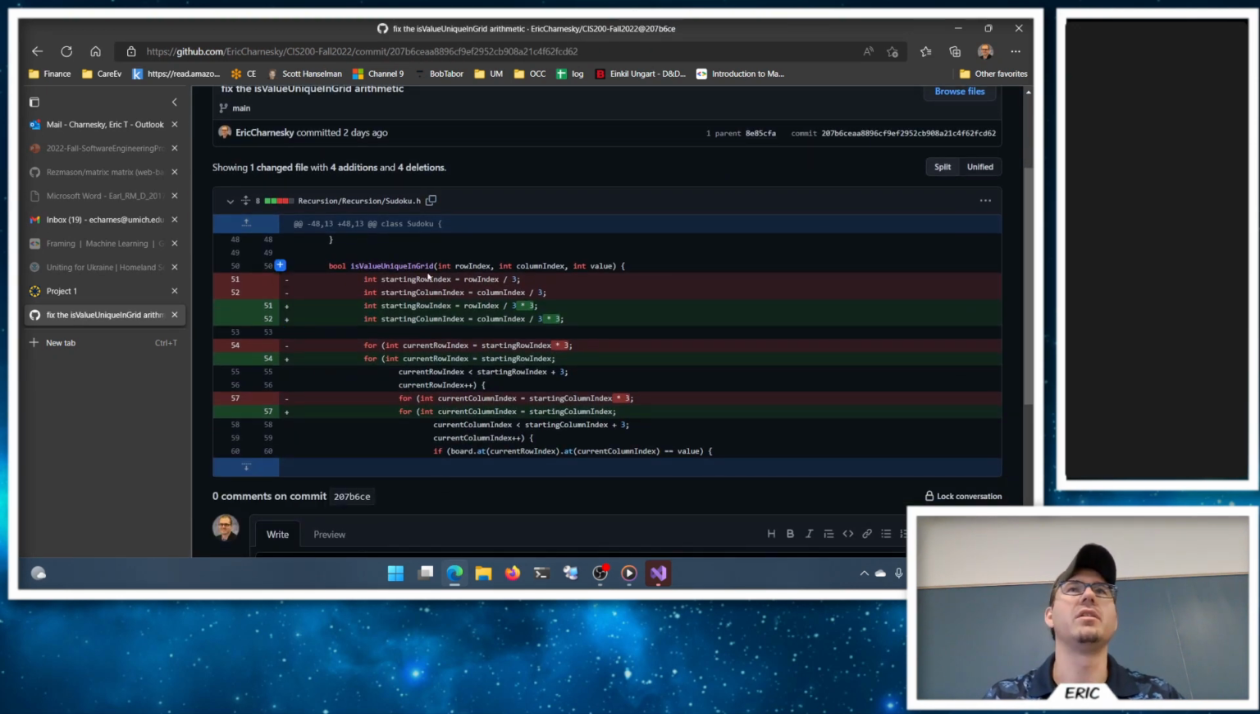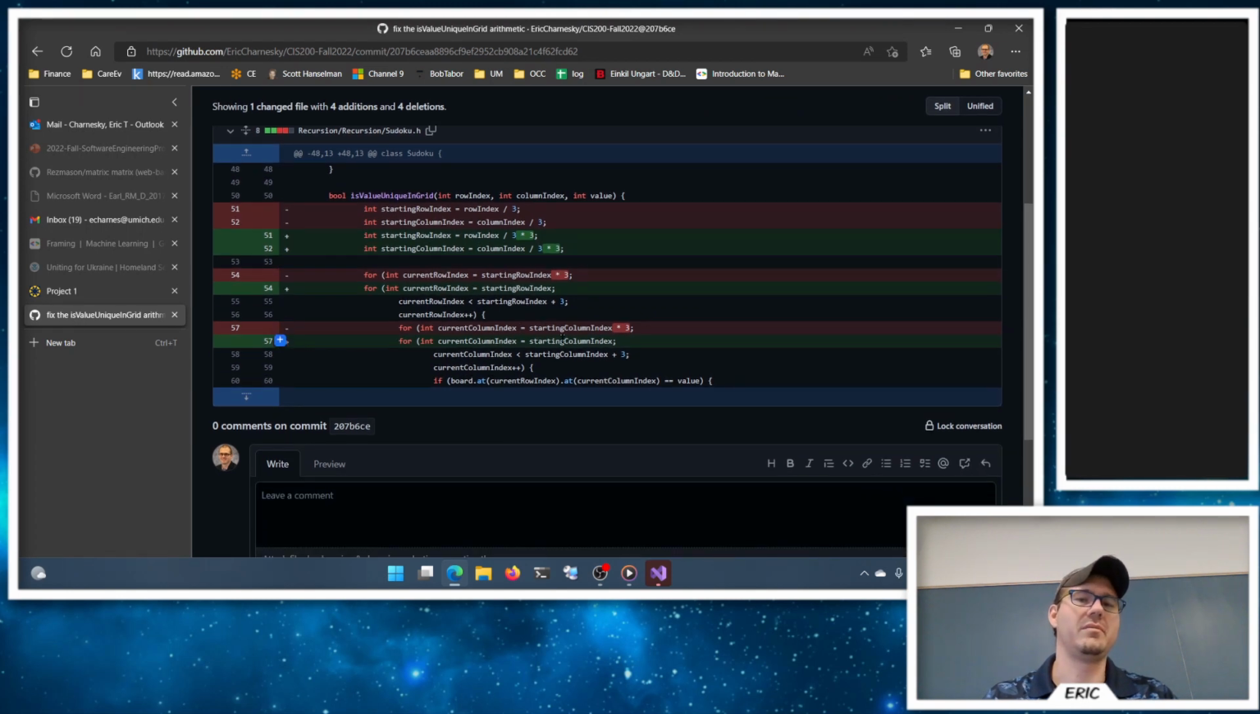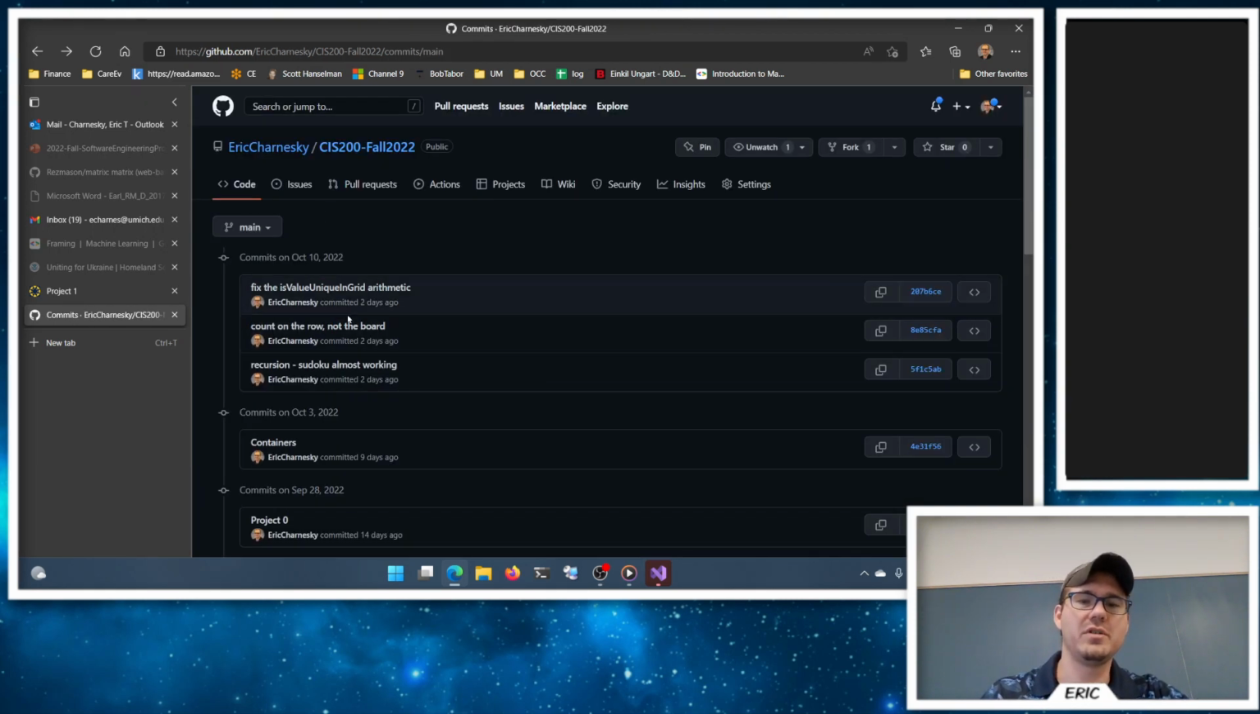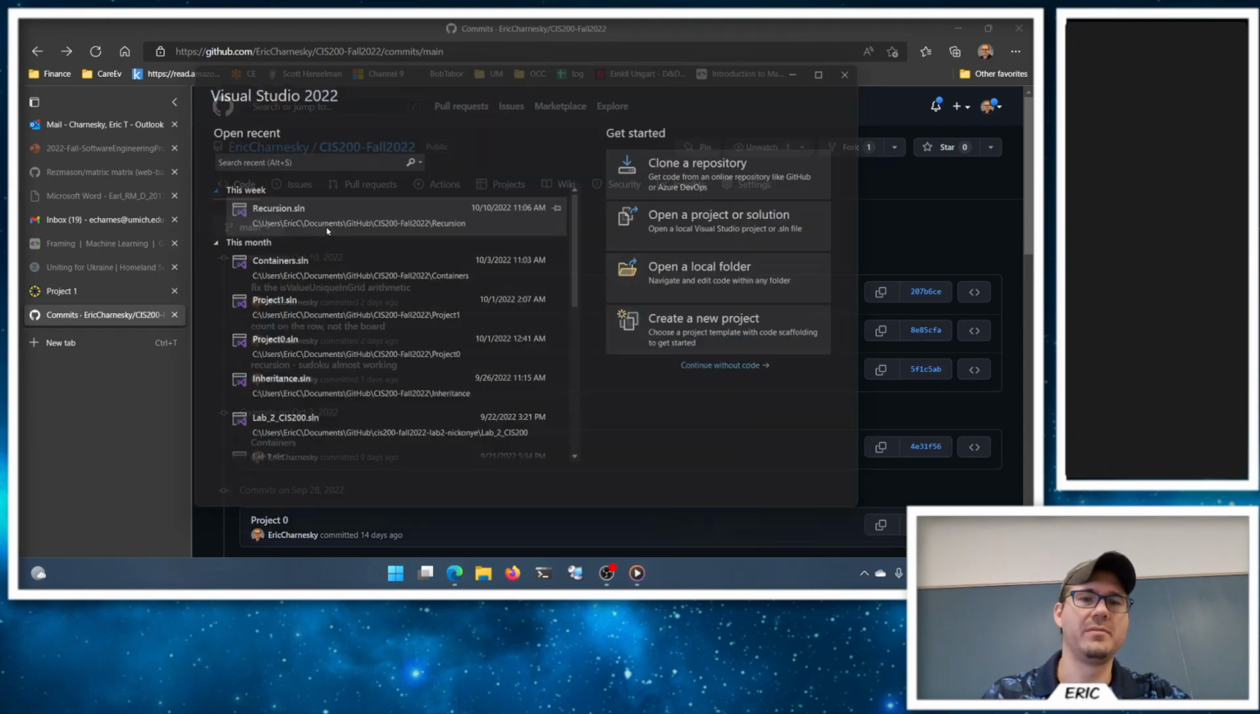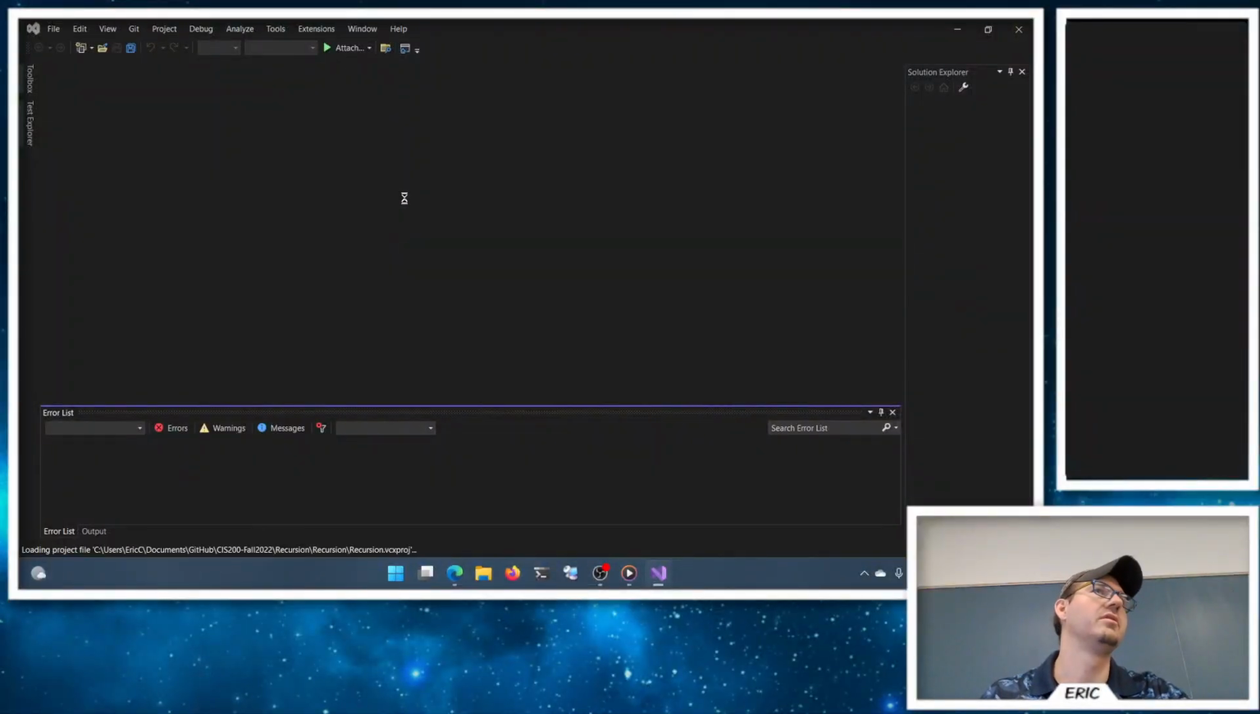Our arithmetic here was messed up because my for loops, when I had done starting at times 3, I didn't change the less than check, so it wasn't checking far enough. So the simple quick fix was to just divide by 3 and multiply by 3. Right? Get your integer division, then multiply by 3. So I had 0, 3, or 6. So the combination of those two things fixed the Sudoku solver, and now we can solve a Sudoku puzzle,